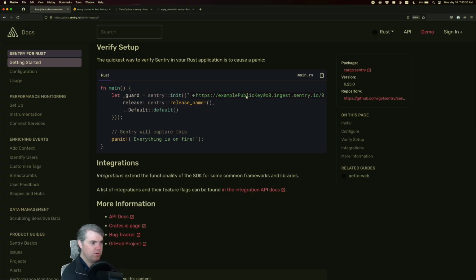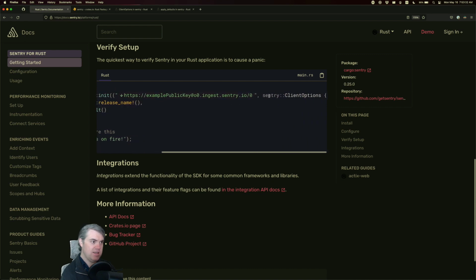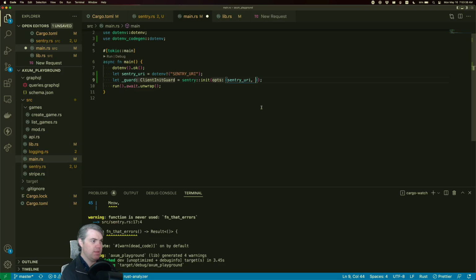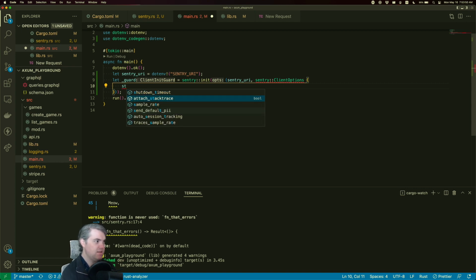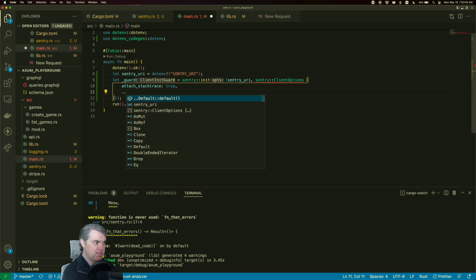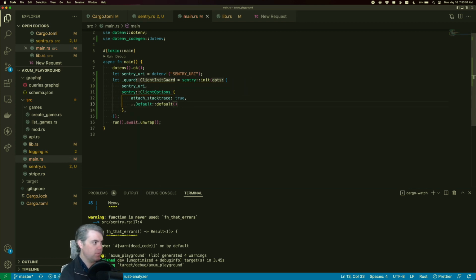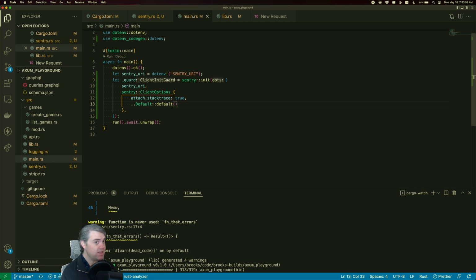So, a tuple with the DSN, and then client options with the rest of the default client options in here. Okay. So Sentry client options. I want to grab the stack trace, true, and then we want default. Okay, so with nothing else changed,